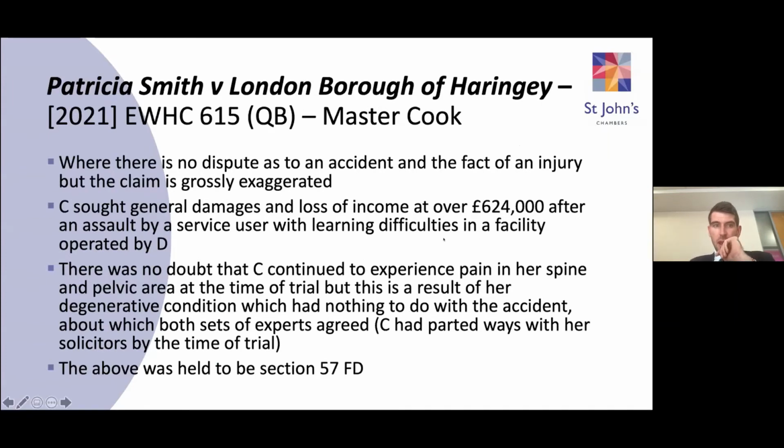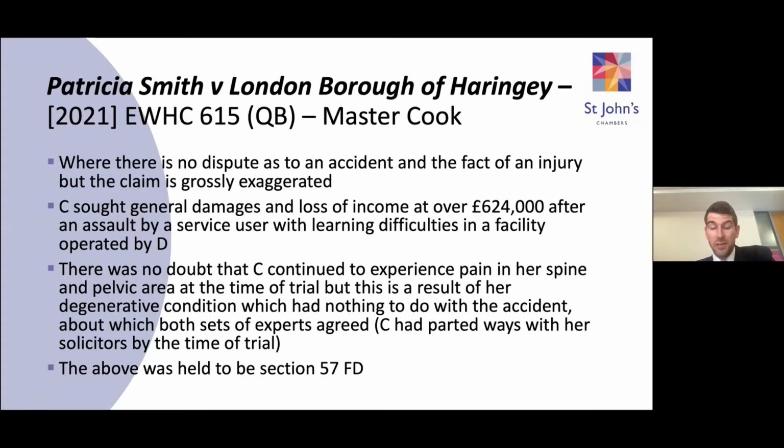Smith and Haringey: there was no dispute here, in a trial before Master Cook, as to the accident and the fact of an injury, that the claimant was assaulted by a service user with learning difficulties. The judge found there was no doubt that she continued to experience pain in her spine and pelvis at the time of trial, against the background of a claim for general damages and loss of income of a bit less than £625,000, so a heavy claim. But the ongoing pain in the spine and pelvis had nothing to do with the accident and everything to